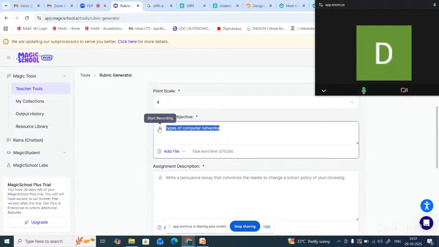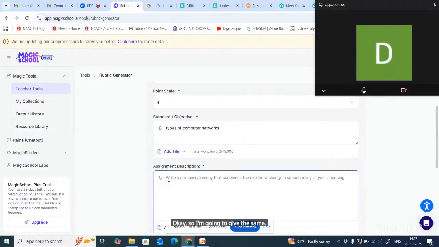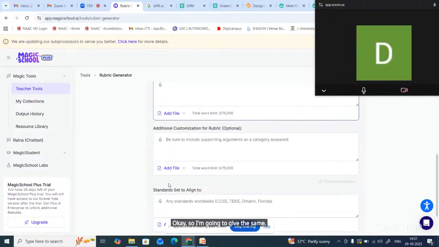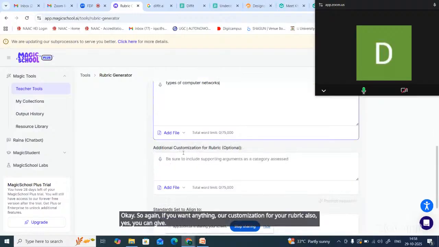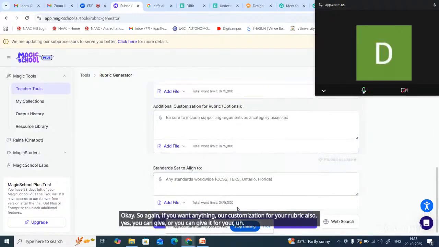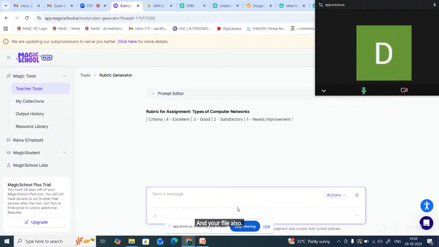Okay, so I'm going to give the same. Again, if you want any customization for your rubric also, yes, you can give, or you can give it in your file also. So suppose you're going to give,